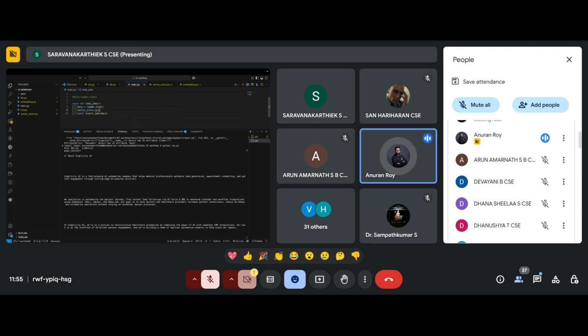All right. Saravana, Karthik, just go up to the top of the file. From vector store, just write import vector store as vs. Now you just write vs dot